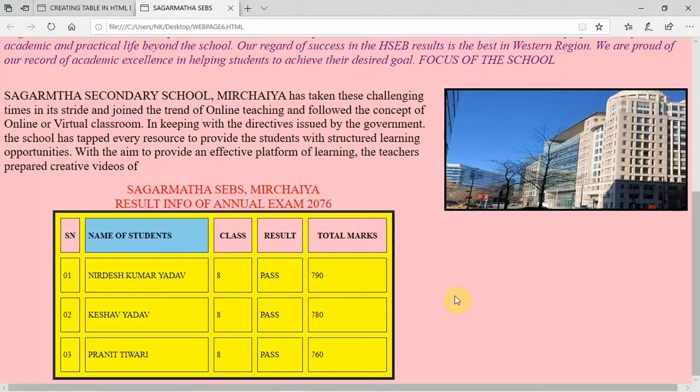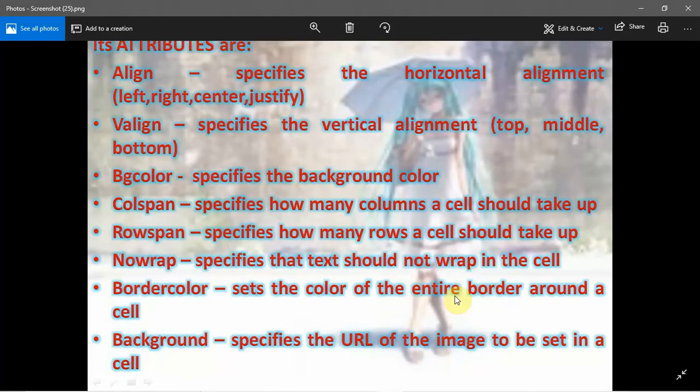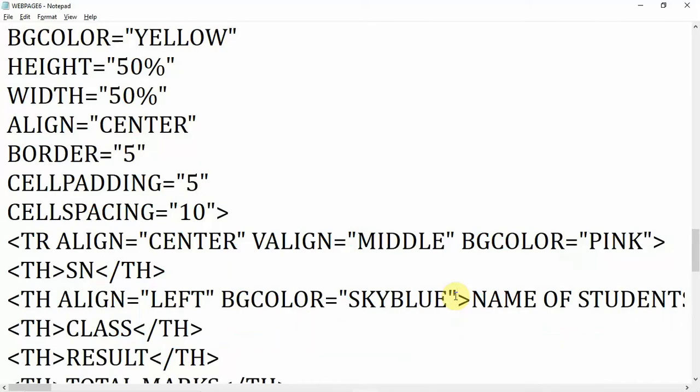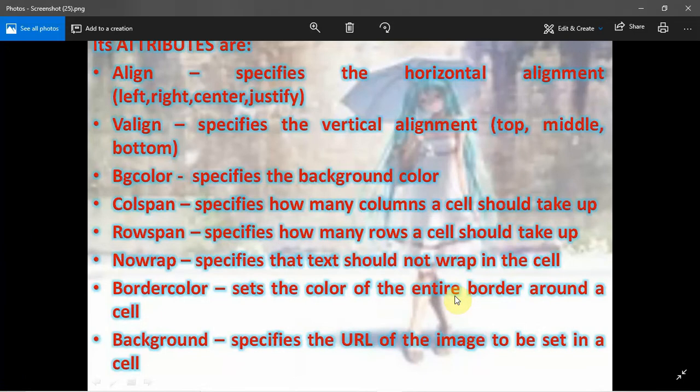Now next, another attribute is col span, row span, no wrap. No wrap, I will tell you how to use no wrap also. Next is no wrap. Another is border color, background. I will tell you one after another.